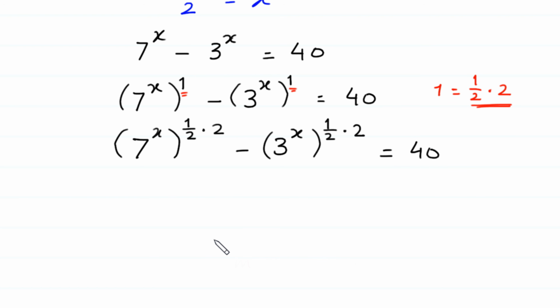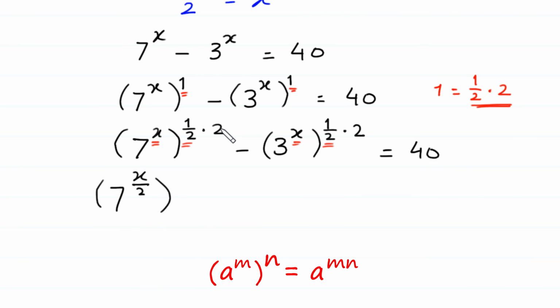Next, according to the rule of exponents, a to the power m whole to the power n is equal to a to the power m times n. We multiply this power x with this 1 over 2 and this power x with this 1 over 2. 7 to the power x times 1 over 2, x over 2, whole to the power 2, minus 3 to the power x times 1 over 2, x over 2, whole to the power 2